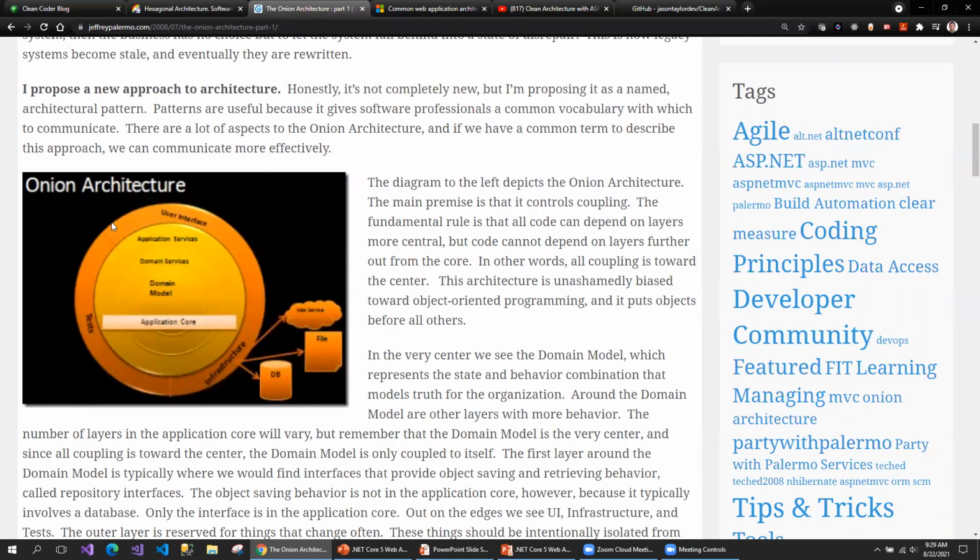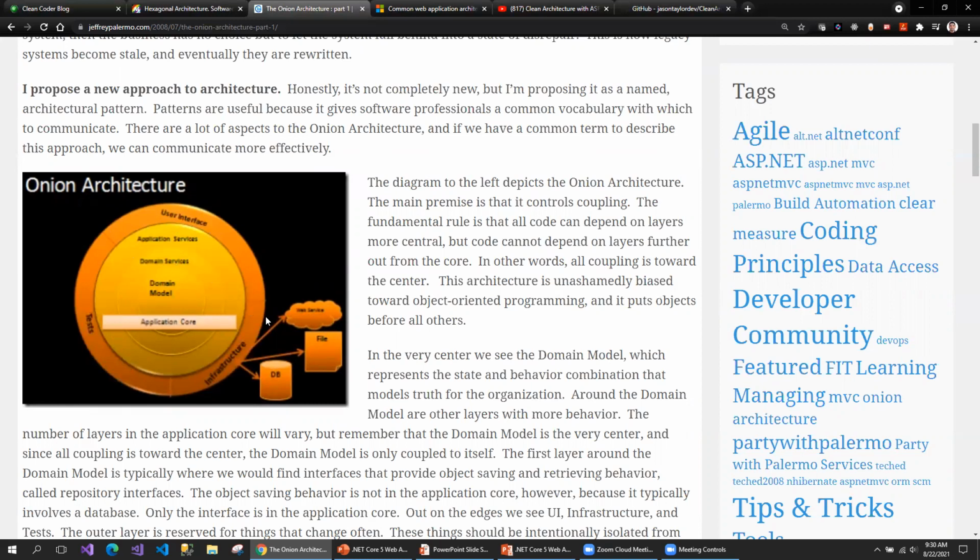The outer circle has the user interface, the UI application, the test cases, and the infrastructure. The center of the onion contains the application core with the domain models, domain services, and application services. We can discuss how this is formed into the clean architecture.